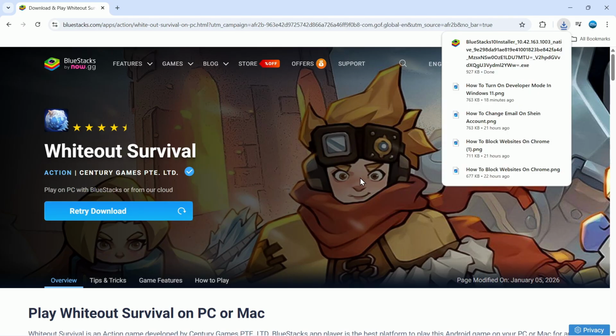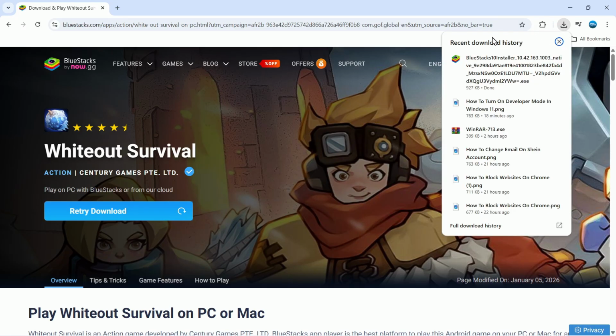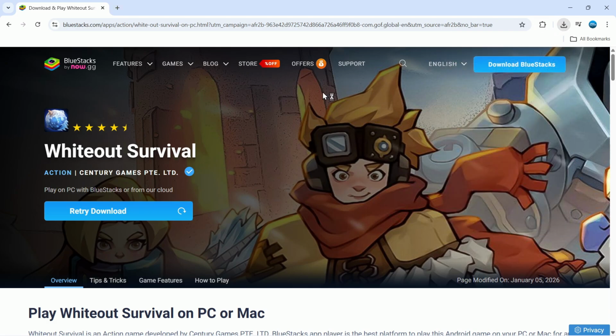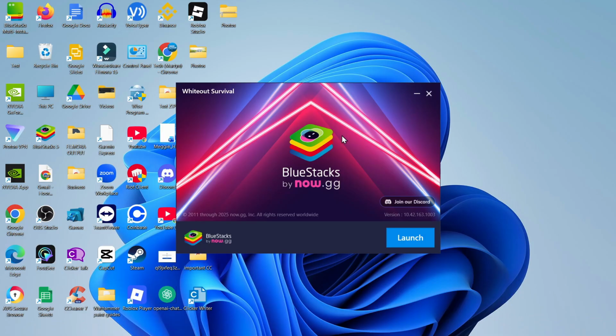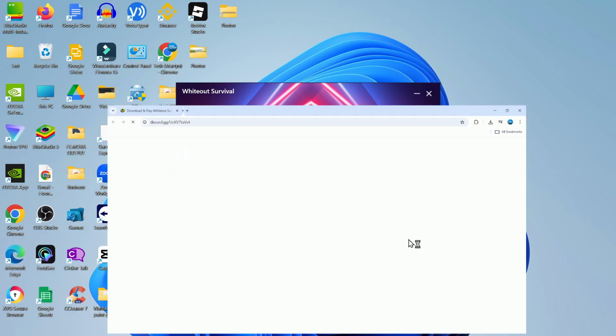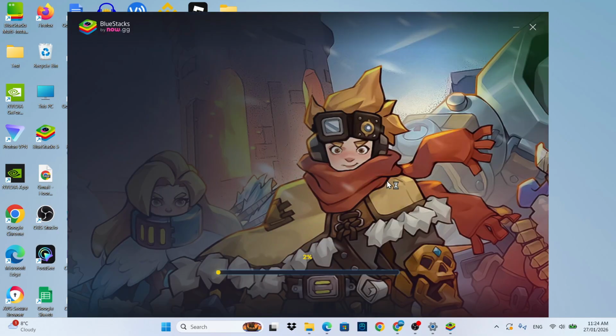Once Bluestacks has finished downloading, what you can do is open up your downloads folder, or if you do have a download button in the top right hand corner, of course you can just directly launch the Bluestacks installer from there. So all you need to do is follow the steps to install Bluestacks, and once Bluestacks has finished installing, it's going to come up with a window like this with a blue launch button. So all you need to do is click the launch button, and what that's going to do is launch Bluestacks,